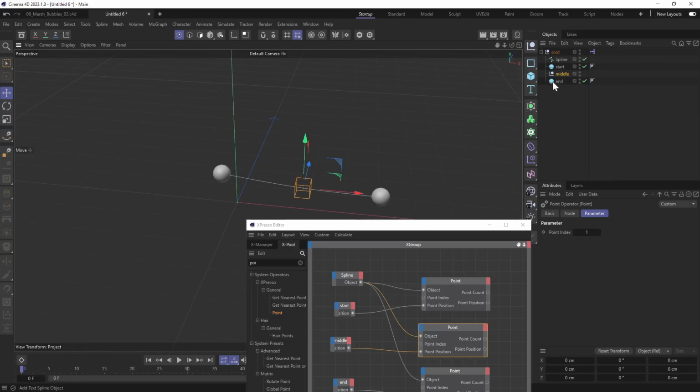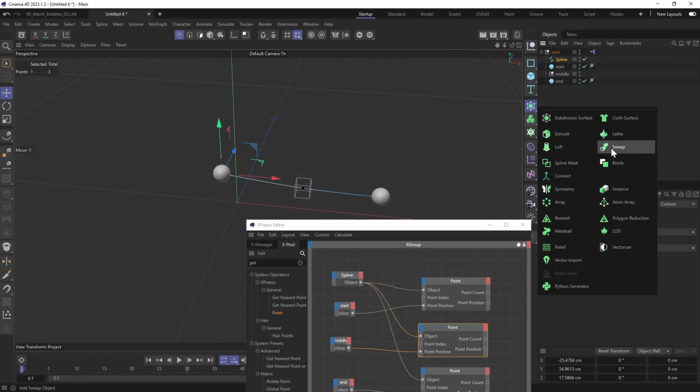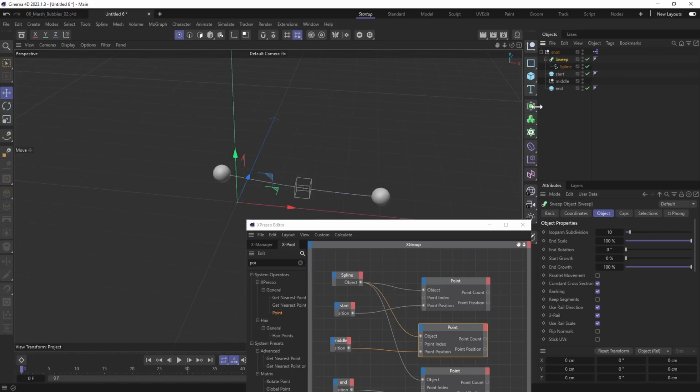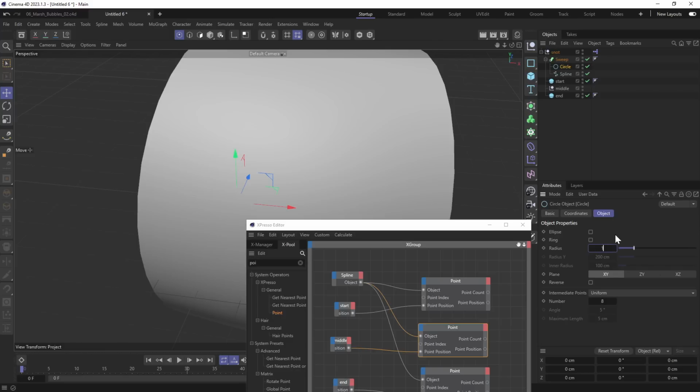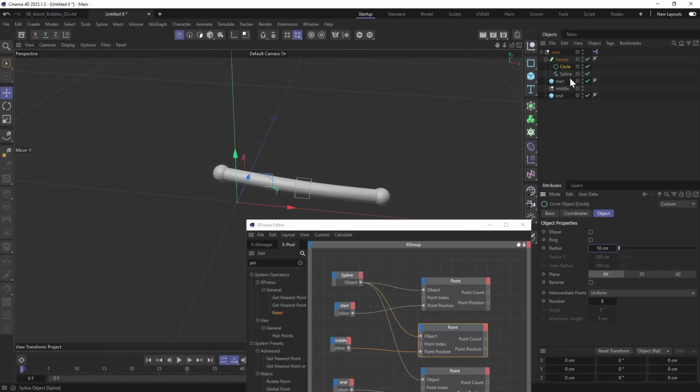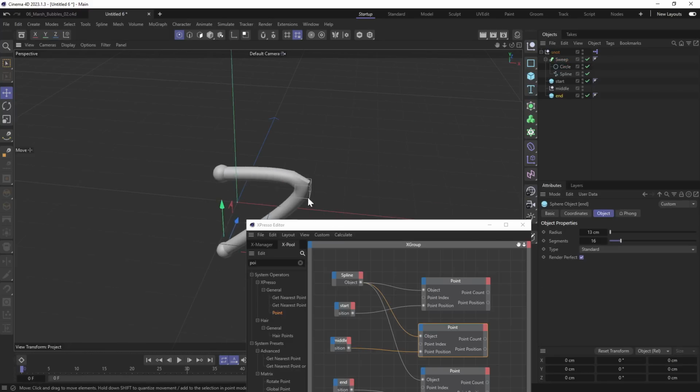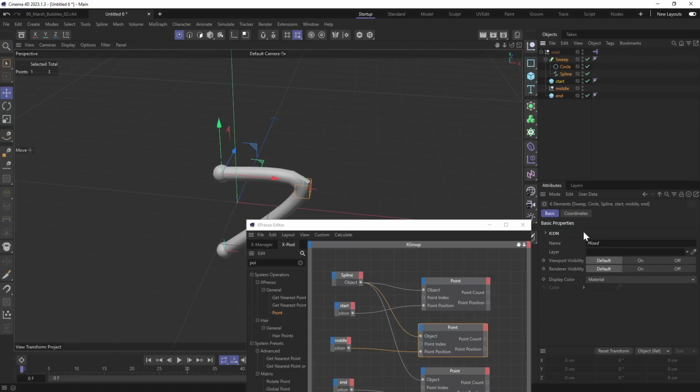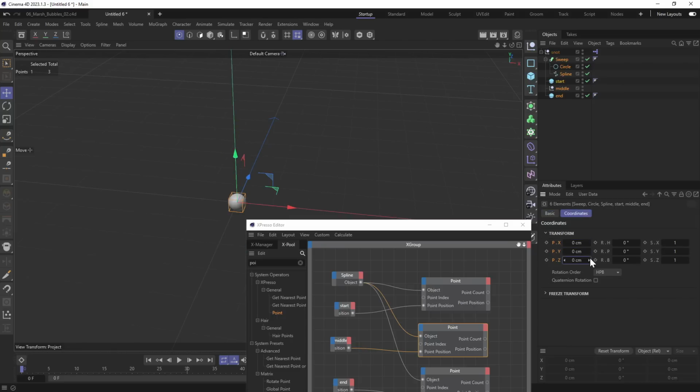Let's give the spline some thickness. Just select spline, hold down Alt and create sweep. This is the same approach we used for the lips, just create a circle and adjust its radius. Now I'll select all the objects and reset all local coordinates.